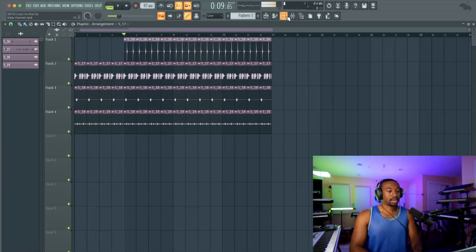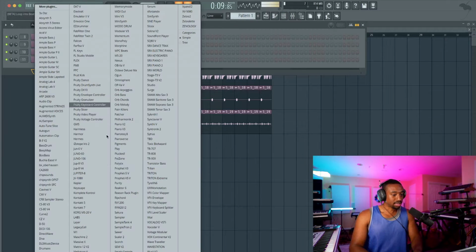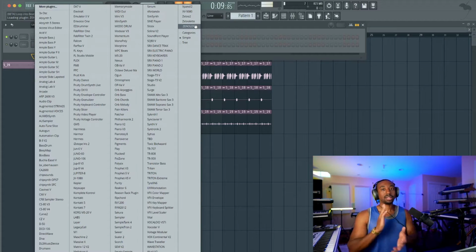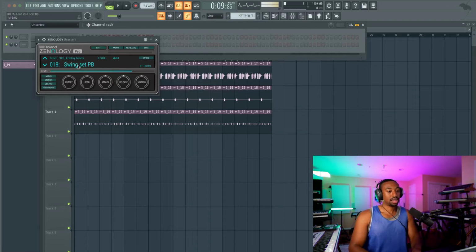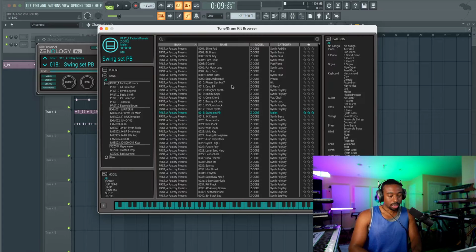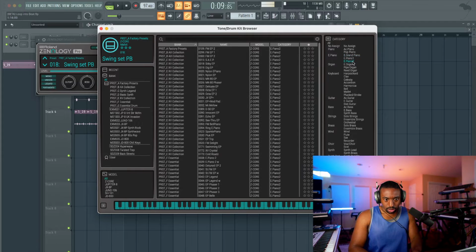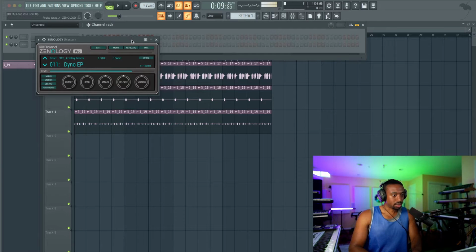Okay, so now let's start adding instruments to fit this vibe. I think a keyboard would fit this vibe. I think I have Roland Xenology. This is a really good plugin. I meant to mention it in my plugin video and I forgot. But Xenology has probably the cleanest sounds in a plugin next to Omnisphere. There are so many sounds, I think that's the problem. Let's go to ePiano and we're gonna work with one of these.